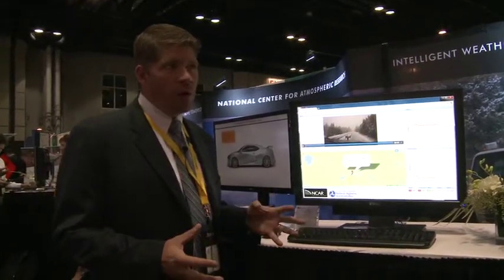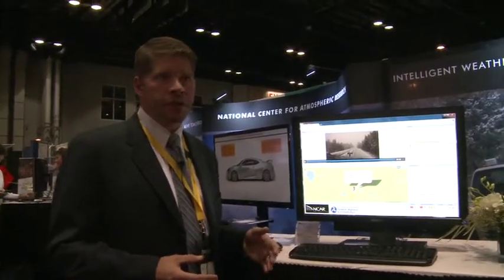And what's happened over the last few years is communication technologies from vehicle to vehicle and vehicle to other infrastructures is actually becoming more mature. And the federal government has looked at it as a way to help with safety and mobility on the roadway. Specifically, they were looking at crash avoidance and automatic tolling and efficiency on the roads. But we also looked at it and said, okay, well, cars are affected by the weather. What information can we get off of a connected vehicle that would allow us a better idea of what's actually